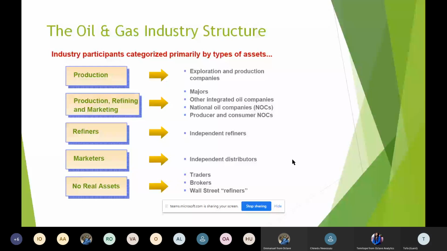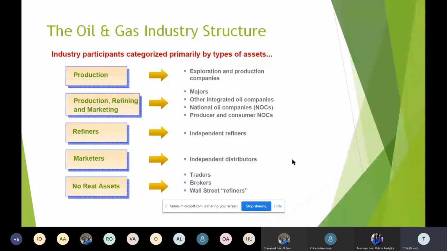The disciplines like engineering, there are production geologists. Essentially their task is to bring it out to the surface. So I'll leave it here and I'll depend on your questions, like I said. Then down the road, we have the production and refining and also marketing functions. So then we have marketers, and then we have brokers. It is going to be a lot more clear, I assure you, as we discuss.